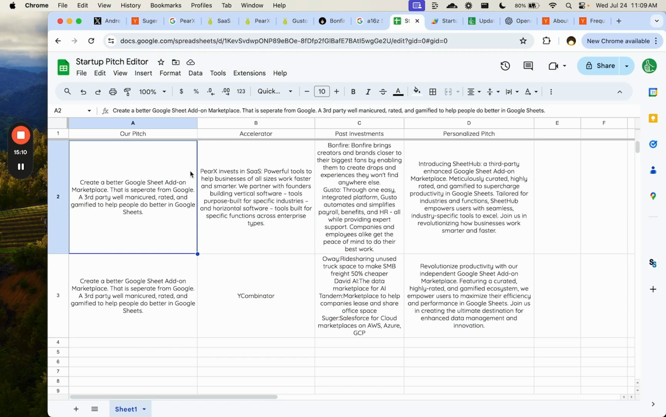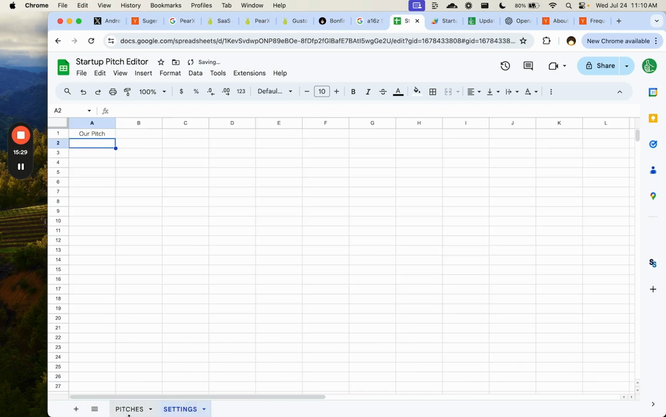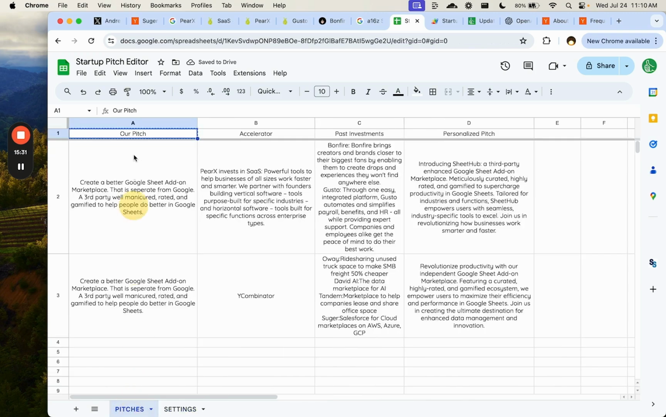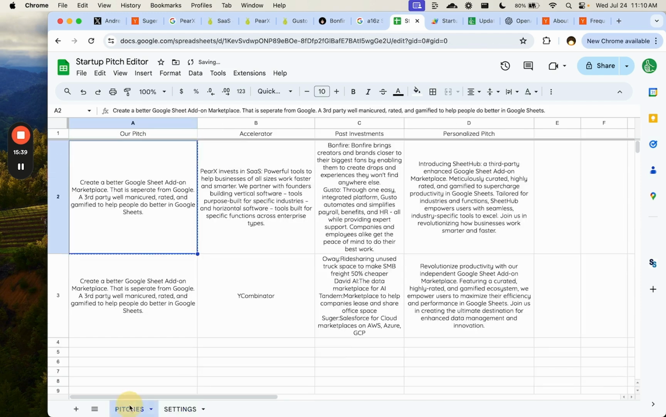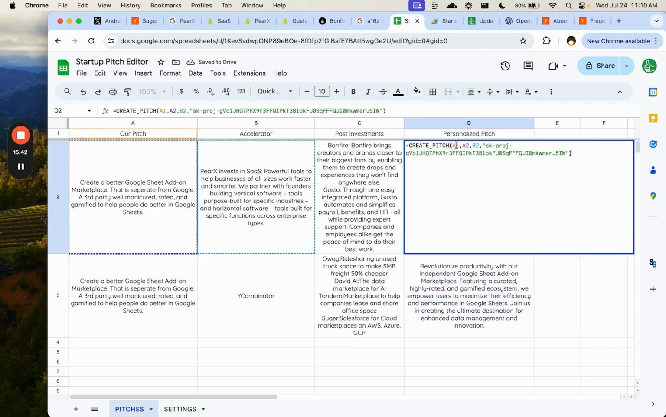But let's say we don't want them to enter this pitch each and every time. We just want it one time. So how do we do that? What I like to do is this, pitches, add a settings, and just put here our pitch. So we only have to put in one place here, or actually your pitch, because someone else is going to create it. Now, the option is we can put in here A1, it should be A2,